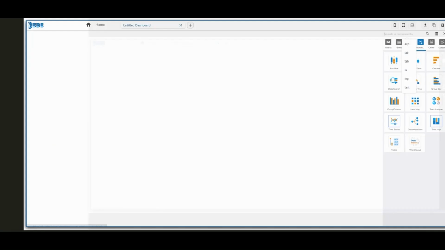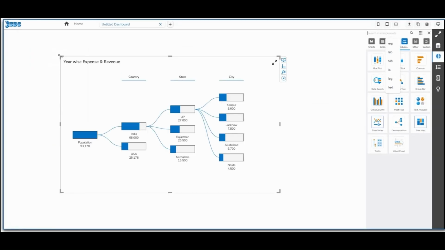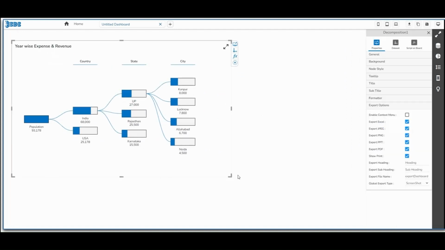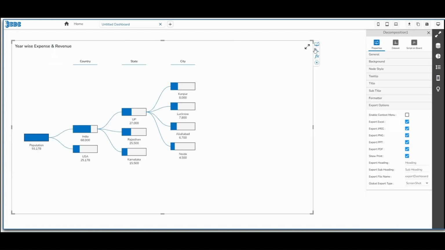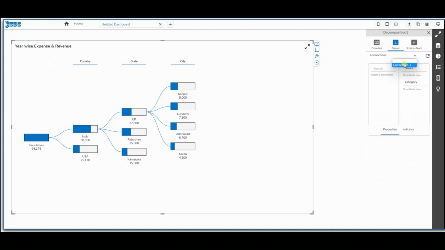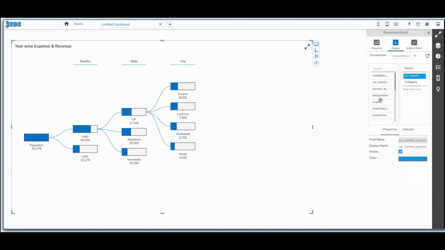This is the Designer homepage. First, drag and drop the decomposition chart from the component library onto the canvas. Then, associate a valid dataset with the chart. For example, consider the category field as population and visualize population data as per country, state, and city in a